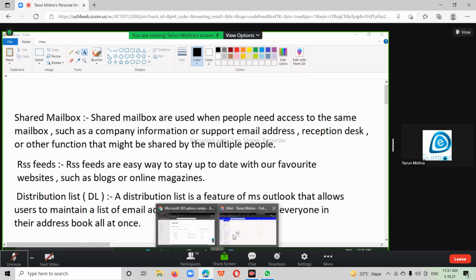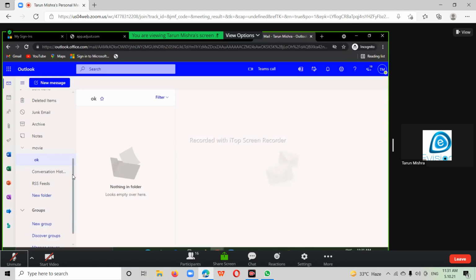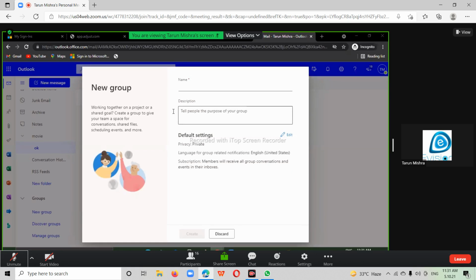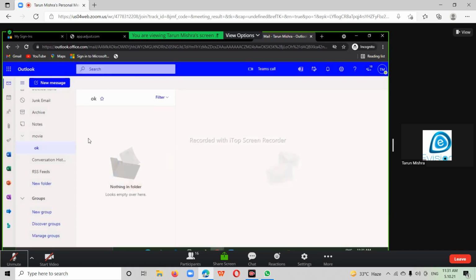For creating a DL, you should have admin access. You will get a new group. Because distribution lists mostly happen in offline Outlook, meaning the Outlook that you are using offline now.